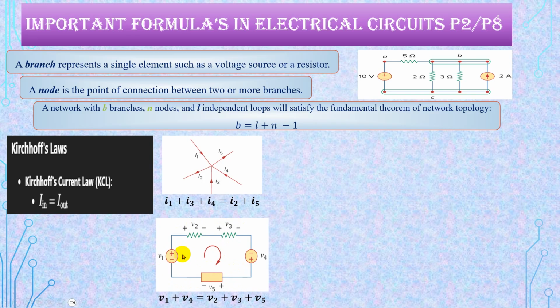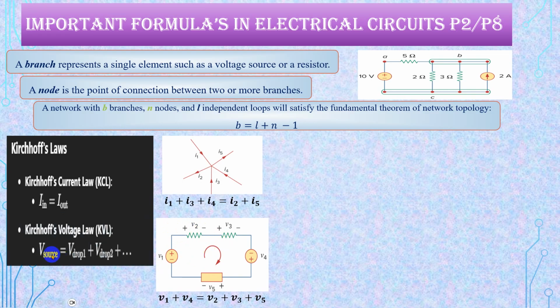If it is leaving, you can add those voltages and keep them aside, and if it is entering, you can add those voltages and keep them on the other side. So like this, we have V1 plus V4 equal to V2 plus V3 plus V5. This is one way. Another way is, if the current is leaving from the plus terminal, you can take it as a plus V1, and if the current is entering a plus terminal, you can take it as a minus voltage. So that's also we can say